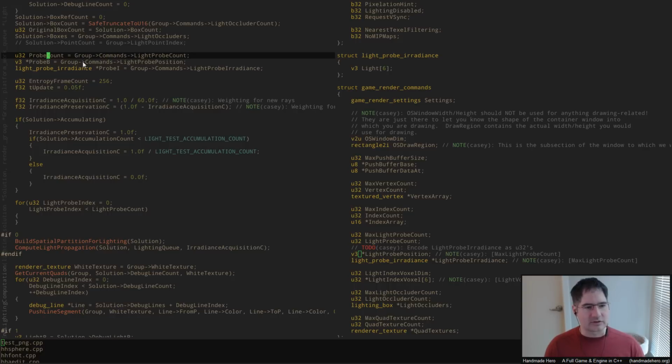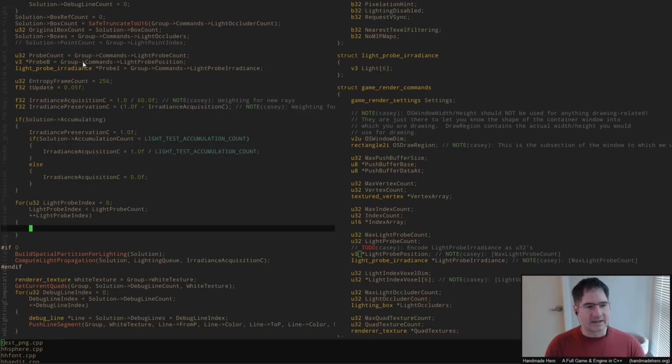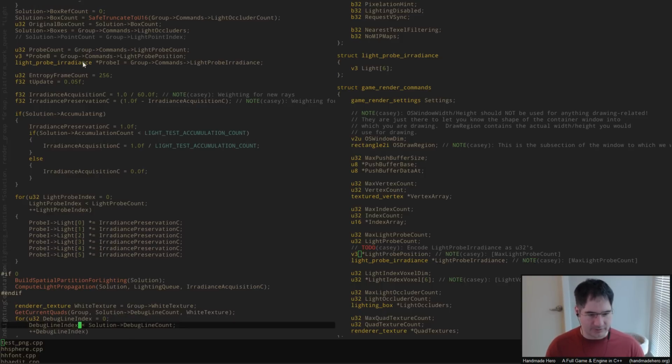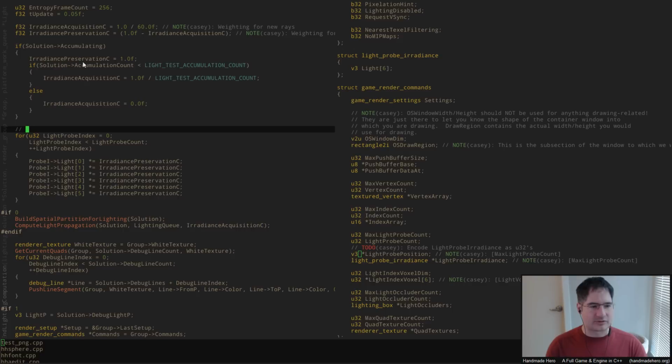And so what I'd like to do is go ahead and knock down the irradiance of each of the lights in question, right? So I'd like to say probe I, light 0 times equals irradiance preservation C, and off we go. Right? So I just want to knock those down by whatever the preservation value is. And what I was trying to say before, when I say, and I'll put a to-do here,